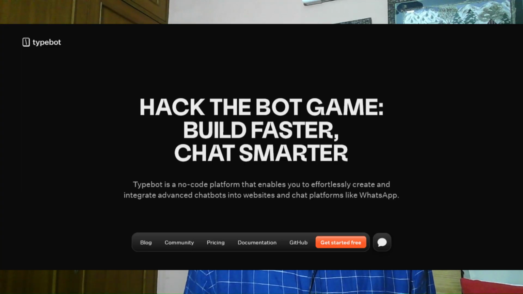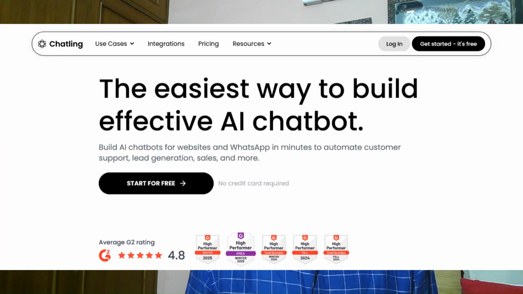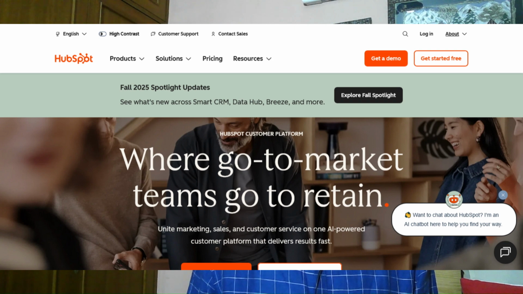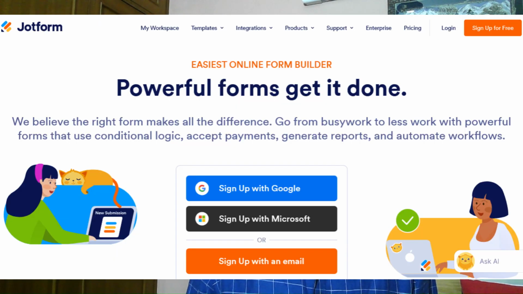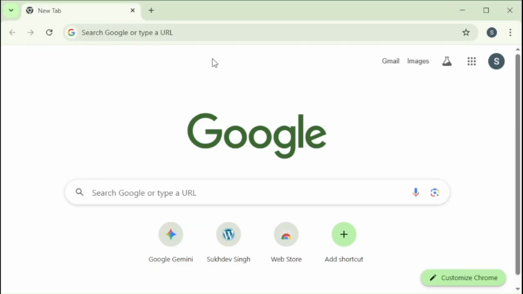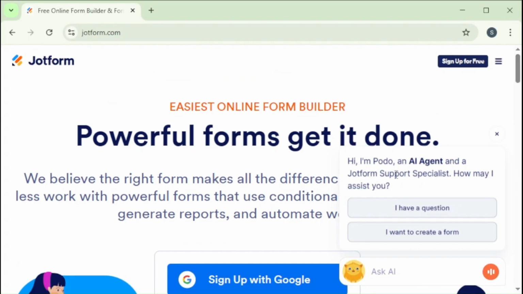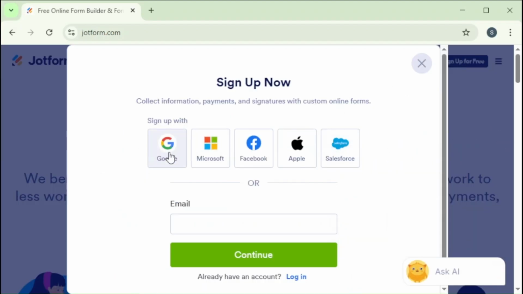There are many no-code chatbot platforms out there, like HubSpot, Chatlink, Typebot. But for this demo, we will use Jotform.com. It is simple, powerful, and makes it easy to build, train, and publish a chatbot, even if you have never coded before. Let us search for Jotform and visit its website, and then create an account over there with our Google account,